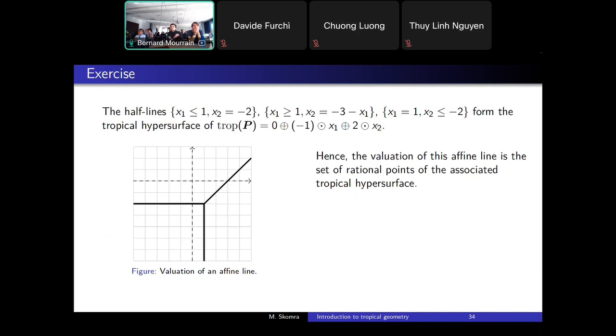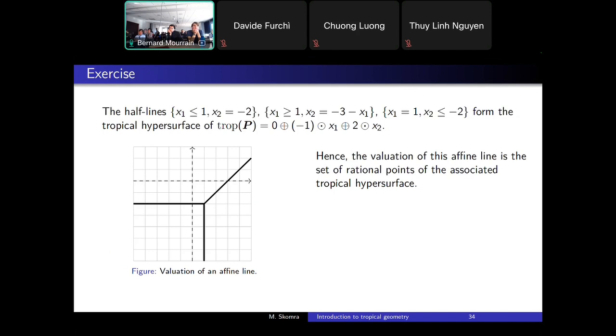If we draw the valuation, these are the three half-lines. That's the first half-line, that's the second half-line, and that's the third half-line. Okay. And now, if you recall, this looks very similar to the linear tropical polynomials that we have seen yesterday. So more precisely,